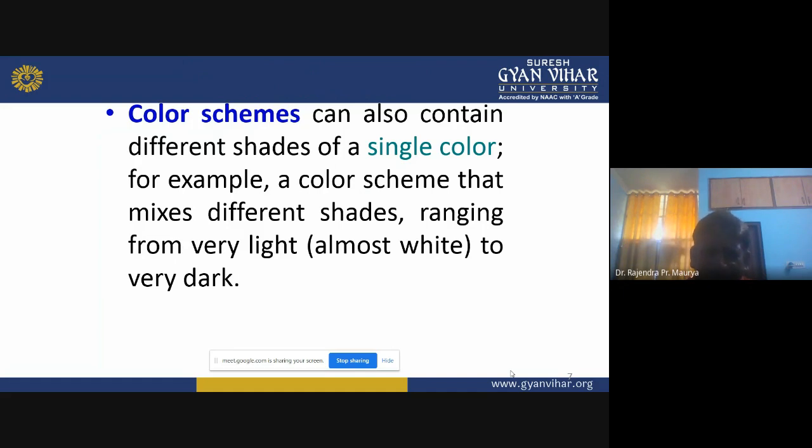So here we are talking about a single color. You can take an example of red color: the light pink, pink, deep pink, light red, red.